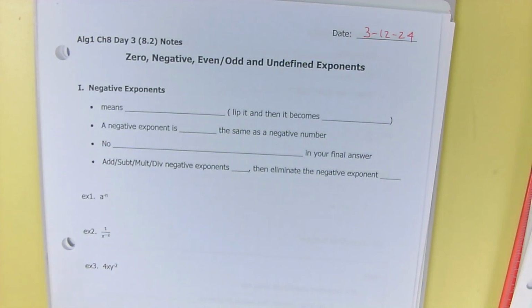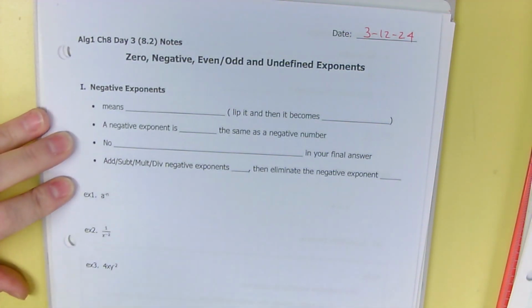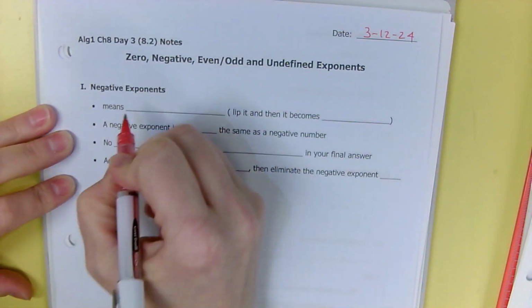All right. So today we're going to learn about zero powers, negative exponents, even and odd, and undefined exponents. So first up, we're going to learn about negative exponents. Negative exponents, they are negative, but it does not mean the number is negative. They're kind of an interesting little convention. So when you see a negative exponent, it means